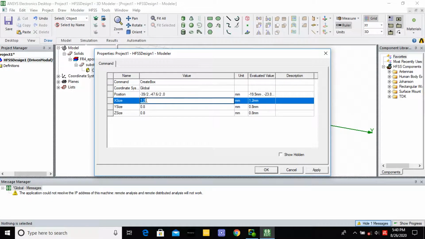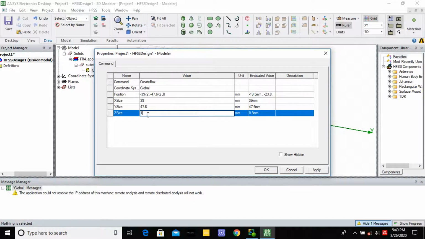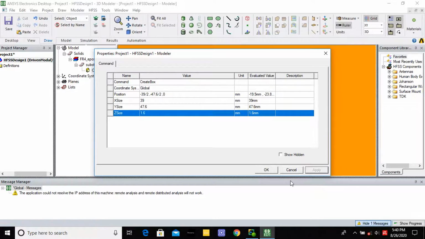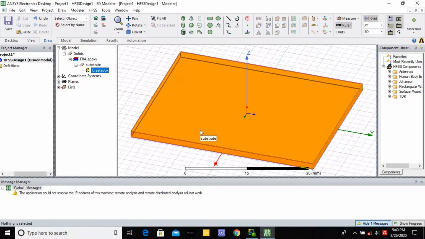The X length is 39, the Y length is 47.6, and the height of the substrate is 1.6. Why? Because here I am selecting the FR4 substrate, so the height of the substrate is 1.6. You press Ctrl D, and the antenna design automatically comes within the project window.